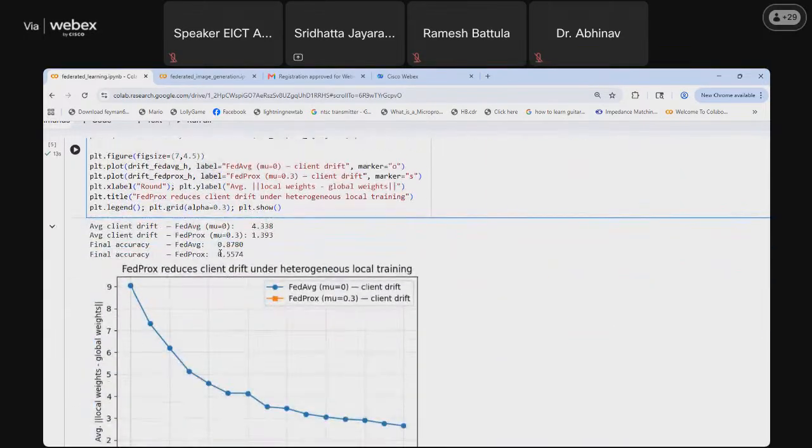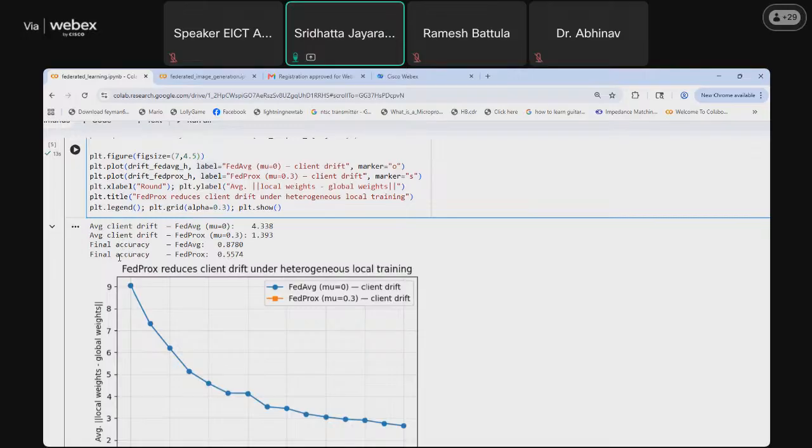Okay. So now, when mu was equal to 0, we applied the FedAvg algorithm, and the drift was 4.338. Then we applied the FedProx algorithm with mu equal to 0.3, and the drift was 1.39.